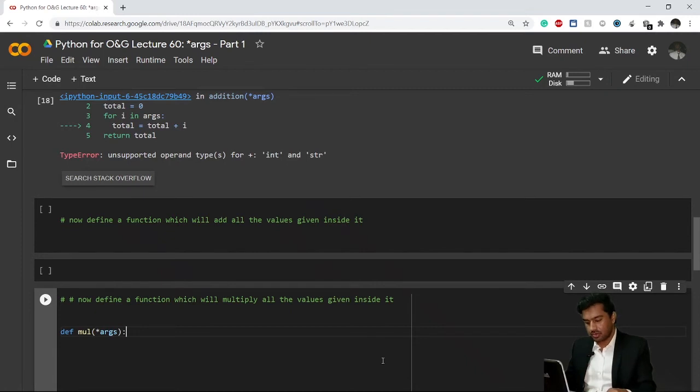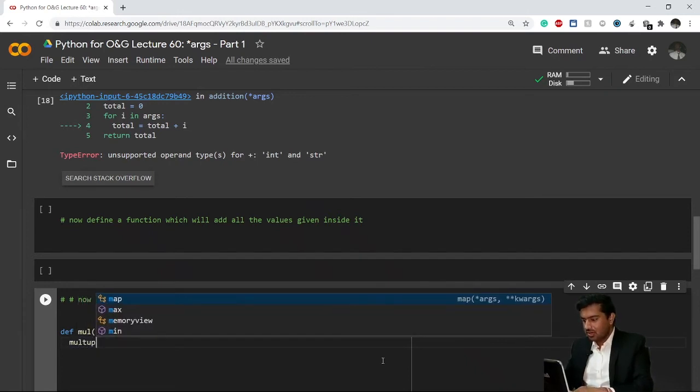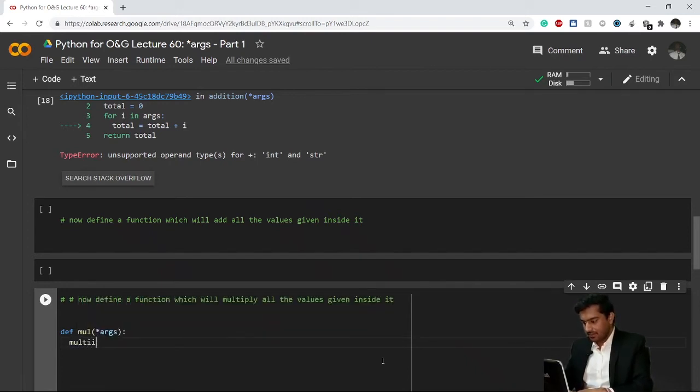In the previous case we took a variable total equals 0, so this time I'll take a variable named multiply, and it consists of a 0 value.